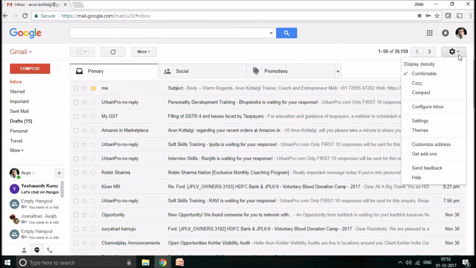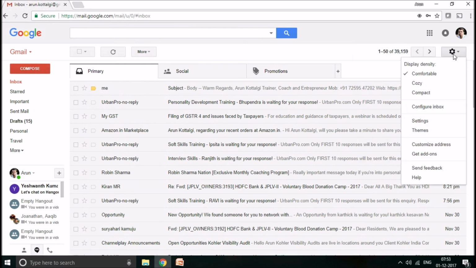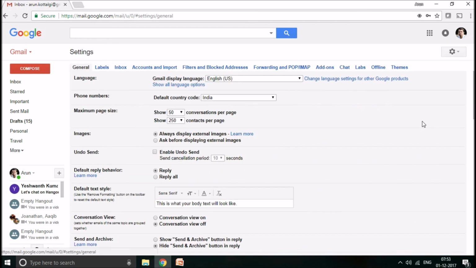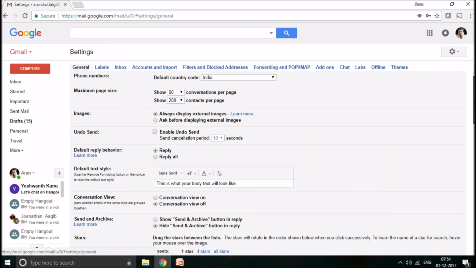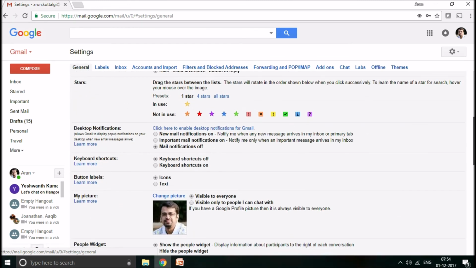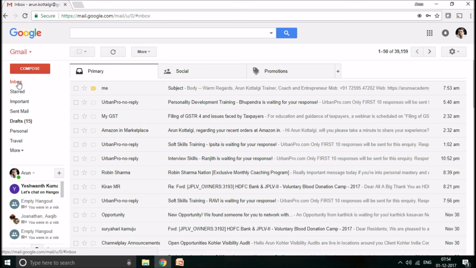Many of the settings, as I said, can be made by going to settings. Settings like creating a signature, how much mail should be shown, how many folders should be created, many more things. Your picture, many things can be set using this particular tab of settings. Clear? So this was about creating an email ID and sending, receiving and composing emails in gmail.com.